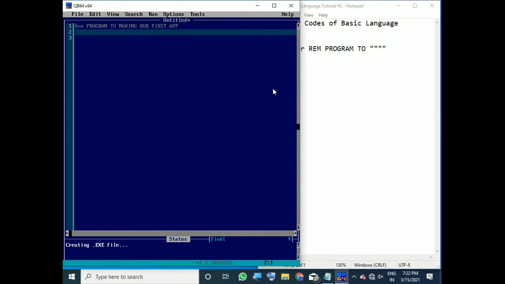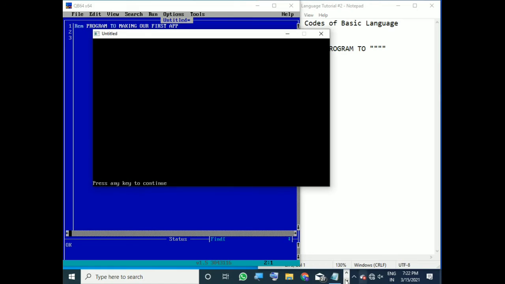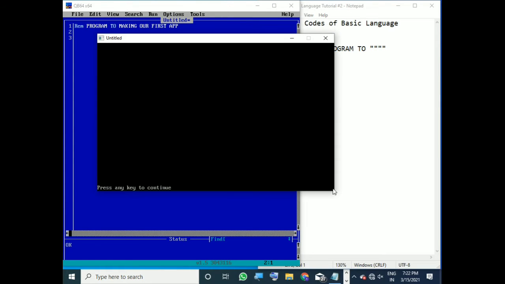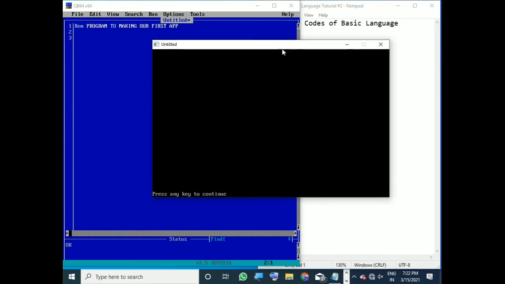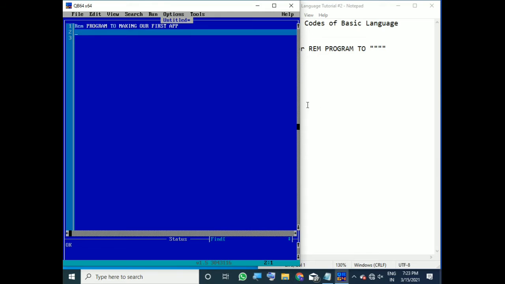So if I write this, what will we get? Let's see. It's creating the exe file. Okay, as you can see, nothing is shown. We can see a black screen, nothing is there. Press any key to continue. If I press anything, it will just go.